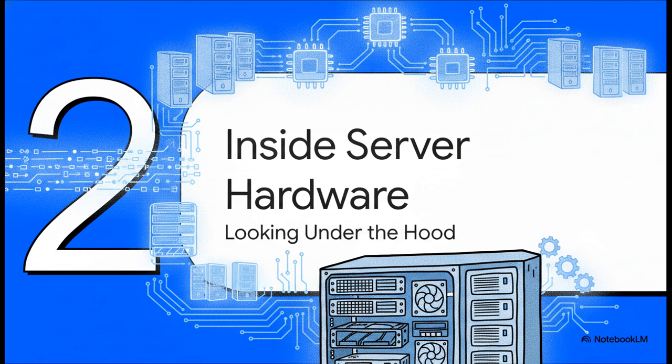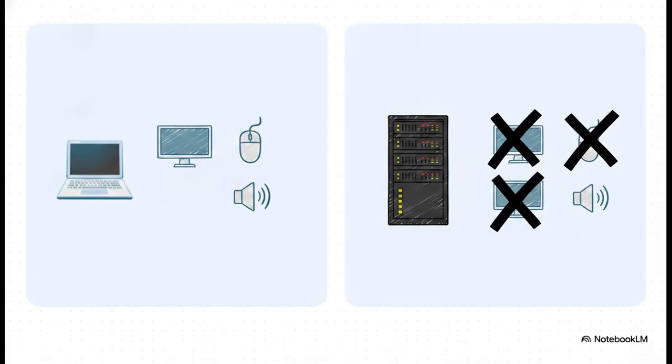Moving right along to Section 2, Inside Server Hardware. Looking under the hood, it's kind of mind-blowing how different the priorities are between your standard consumer PC and a hardware server. For your home computer, you want sheer CPU speed, a beautiful graphical interface, monitors, killer audio, all that good stuff. But for a server, actually, absolute CPU speed matters way less than having incredibly fast network connections and